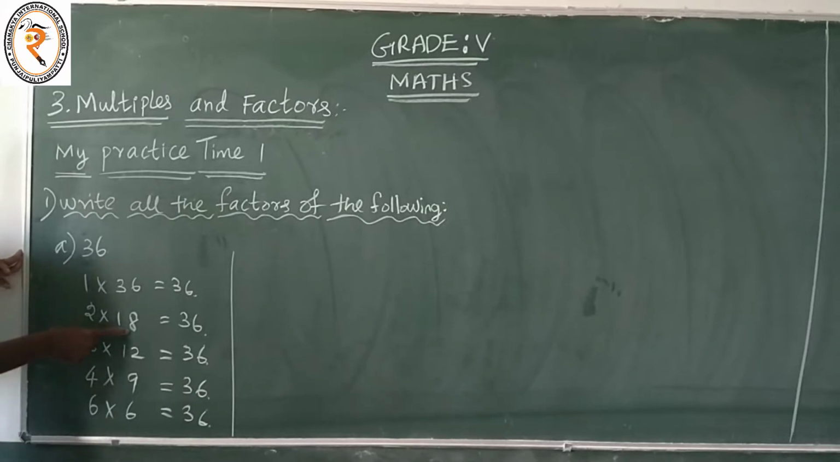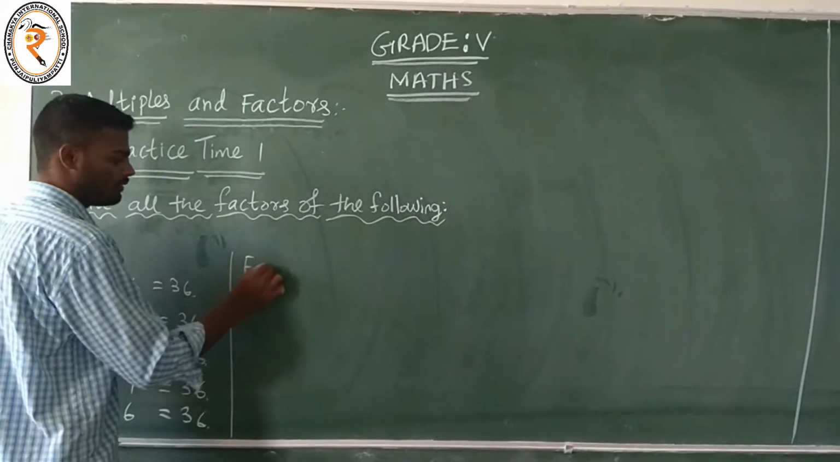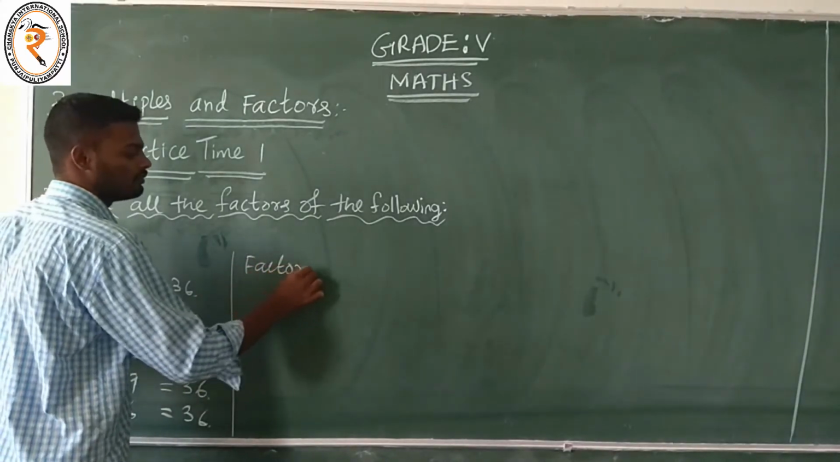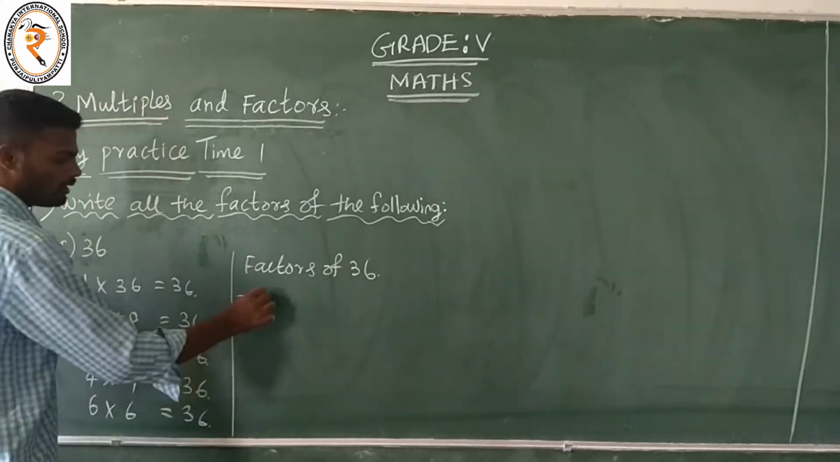Next, the 13th, 14th, 15th, 16th and 17th tables do not have 36. Next, 18th table, 18 twos are 36. Last, the 36th table, 36 ones are 36. Therefore the factors of 36 are equal to 1,